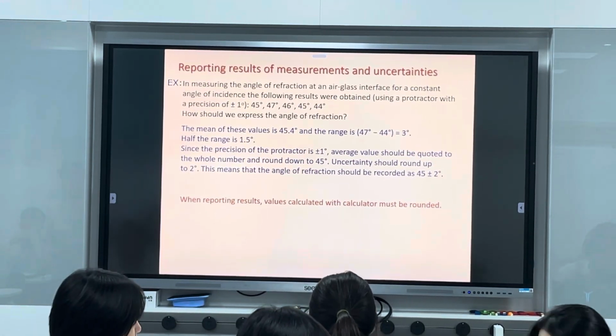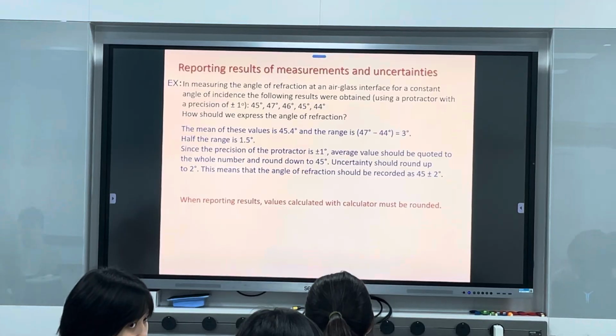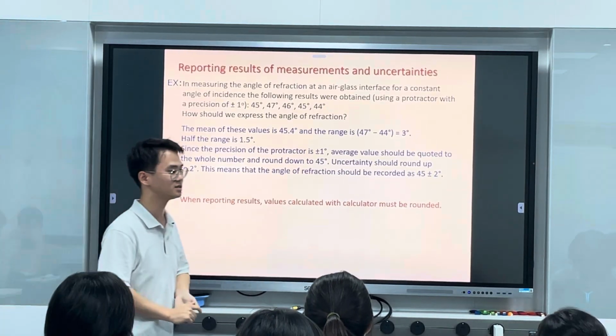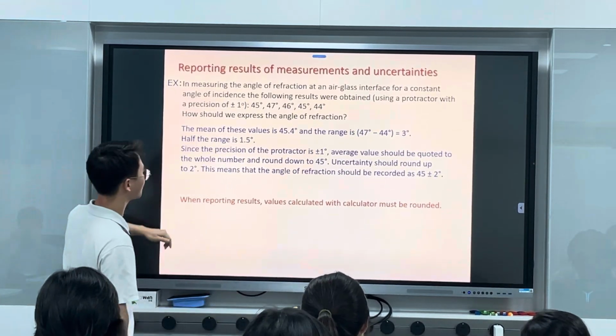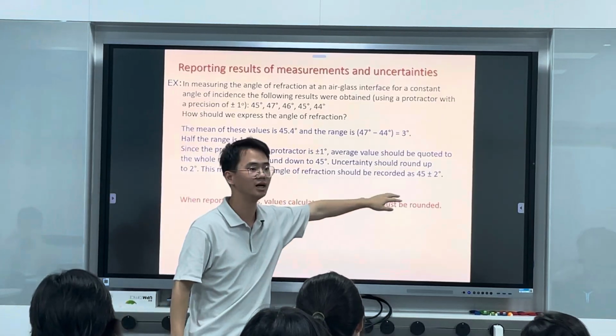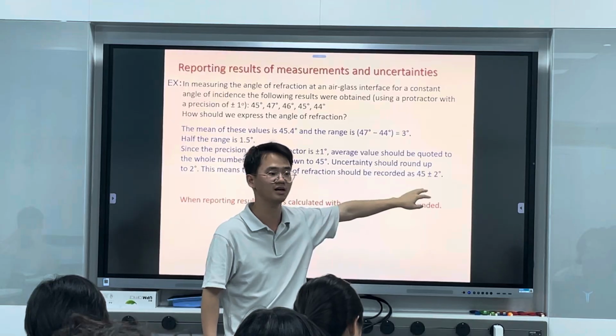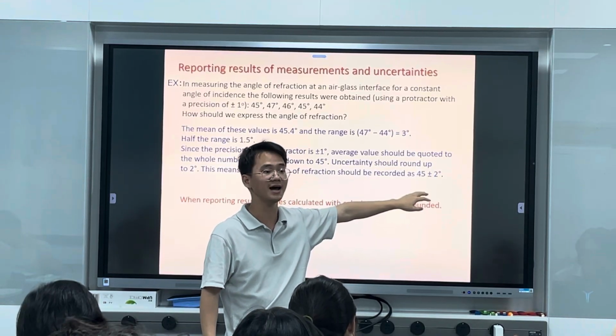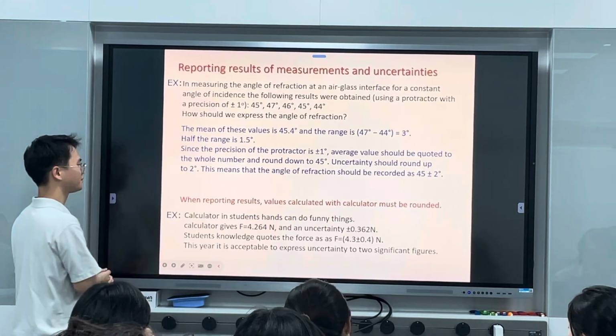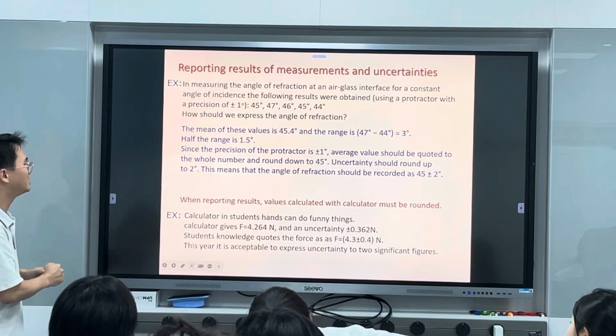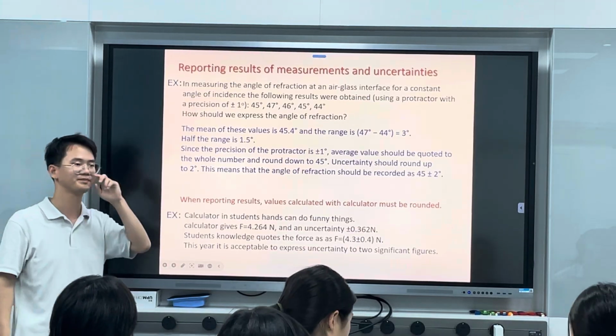Okay, so yesterday we talked about errors and uncertainties. I believe we stopped here when Chloe solved this problem, giving us the final answer of 45 plus minus 2, right? Okay, so basically when reporting results,